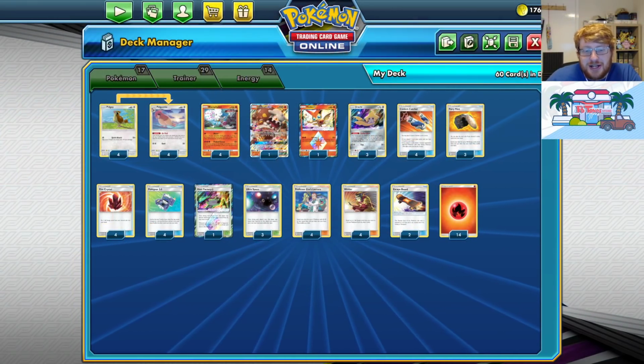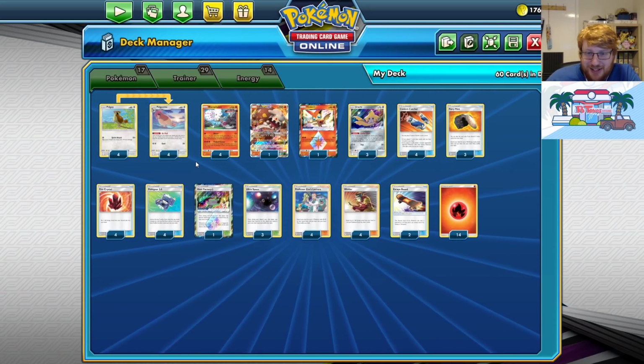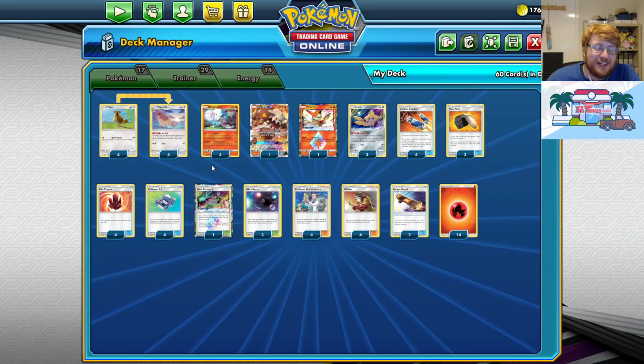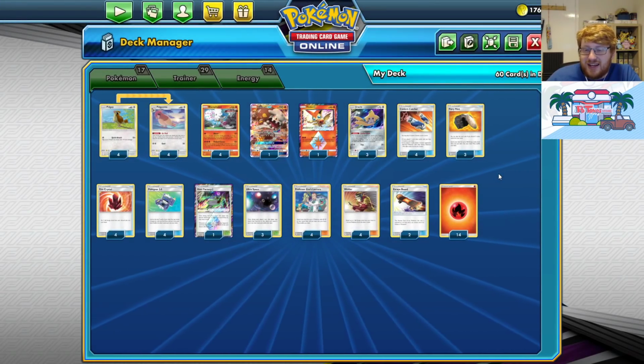For today's video, we're going to be looking at the very interesting Blacephalon build that we saw make top 16 at Knoxville, combining it with Airmail. Pidgeotto finally working for people trying to take prizes and trying to use this draw engine effectively to get towards